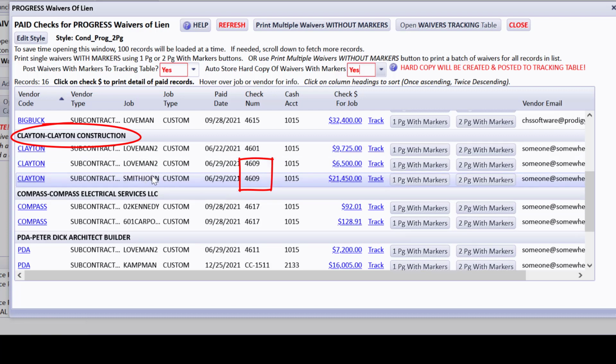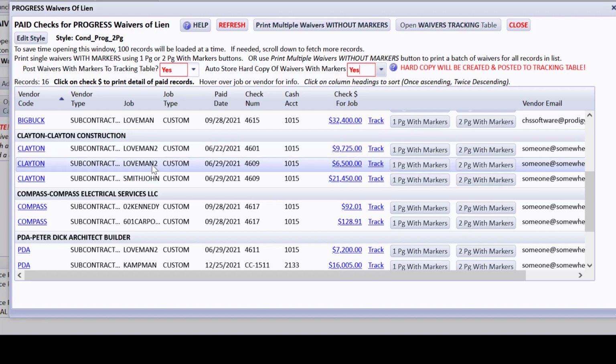In other words, you can print checks that have a whole bunch of jobs on it, and CHS will be smart enough to group in total by job and by check number so that it can have separate waivers for separate properties. So let's see what happens if we do, well, let's just do the Lubman 2 one for Clayton,